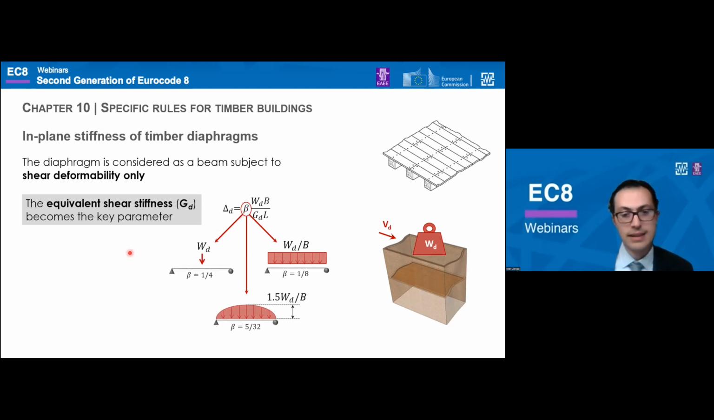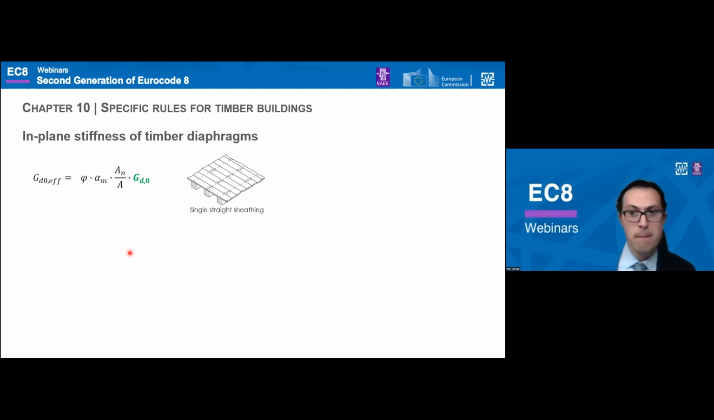However, the GD value, so the equivalent shear stiffness value, is not just the shear modulus of the homogeneous material that I just mentioned, multiplied by the diaphragm thickness, but it's actually something different that takes into account also any flexural deformation. From the code point of view, and so from the chapter 10 point of view, the